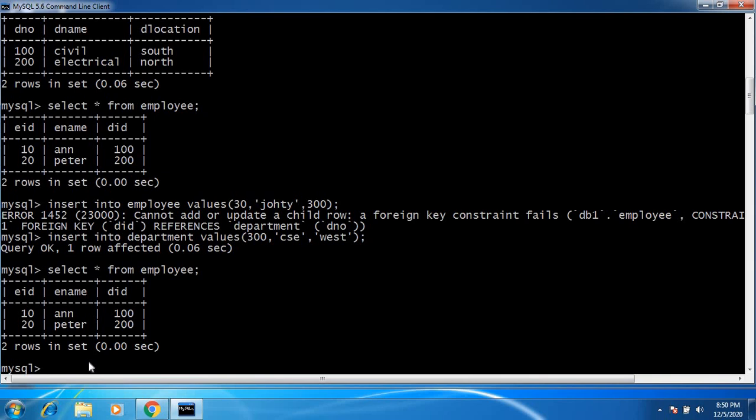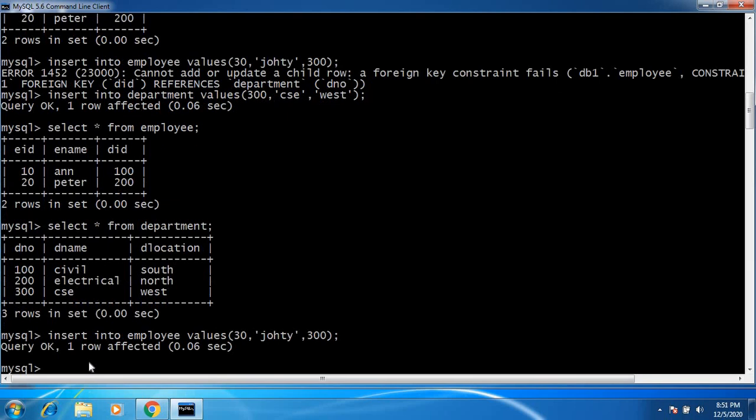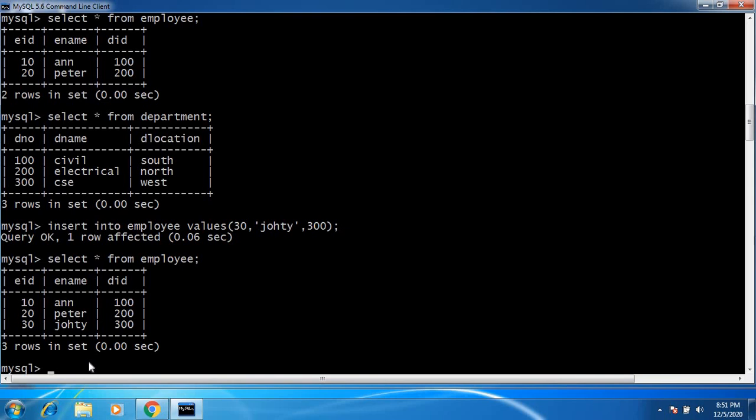You can see that in the department. Now I want to insert the previous value. Now it is successfully inserted, since 300 is there in the department table. 300 is inserted inside the employee table.